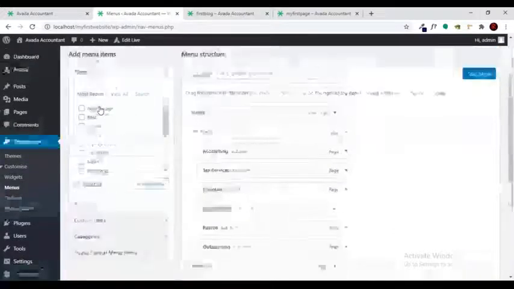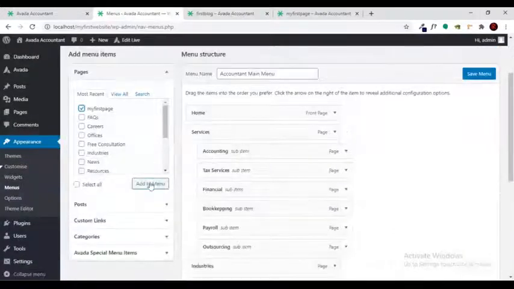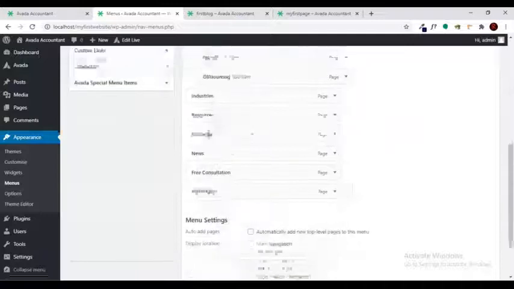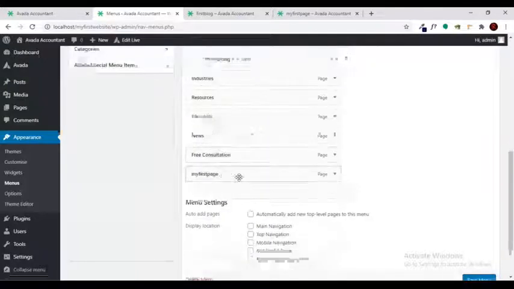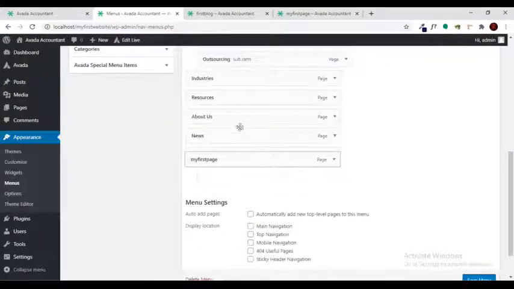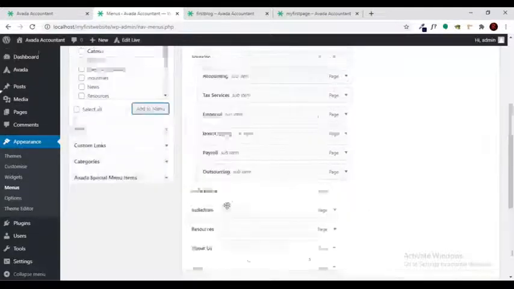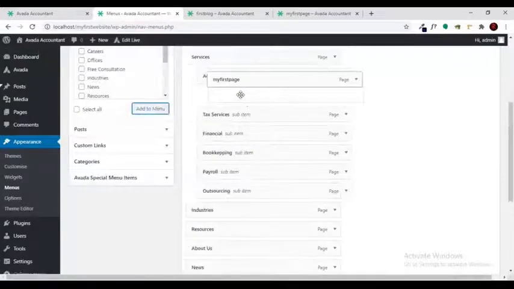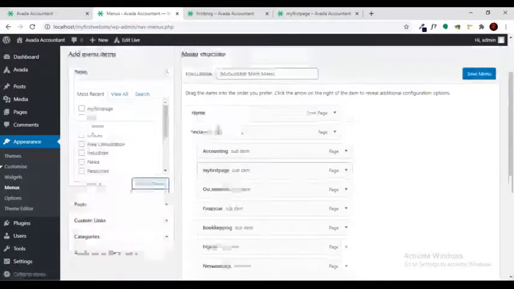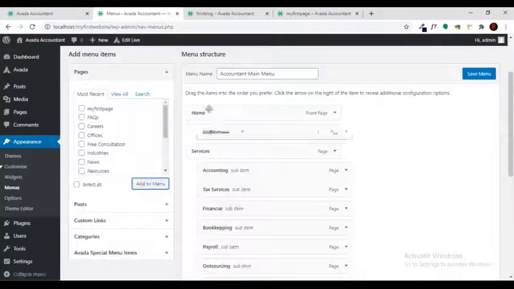Now we are going to add our page. Just click on Add to Menu. It will be added at the bottom. If you want to move it, just drag and drop. If you want to make it a child, just move it to the child place. We are going to add it after Home and save it.